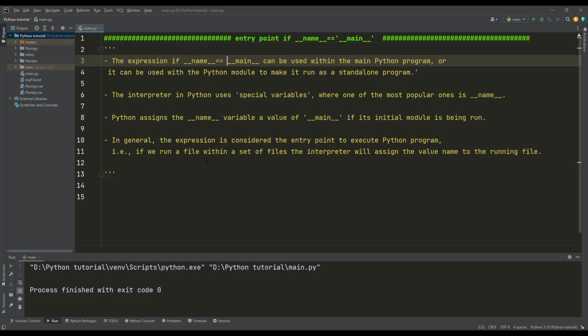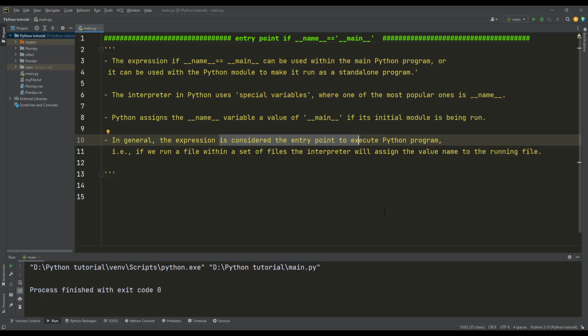In general, the expression is considered the entry point for executing a Python script or Python program. What is the meaning of the entry point? It means the initial file, or the main file, or the entry file that will execute the whole project.